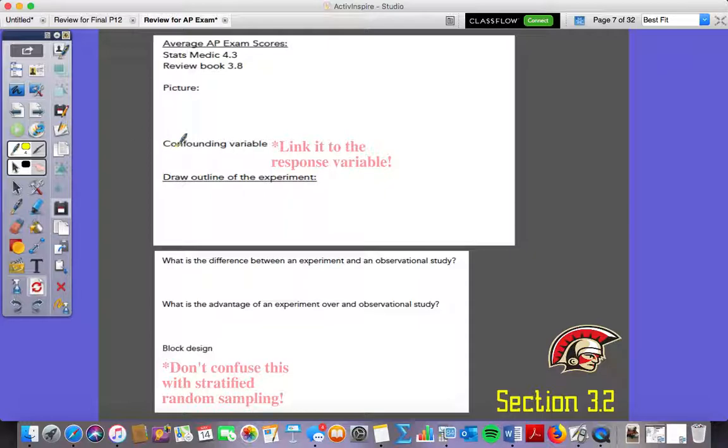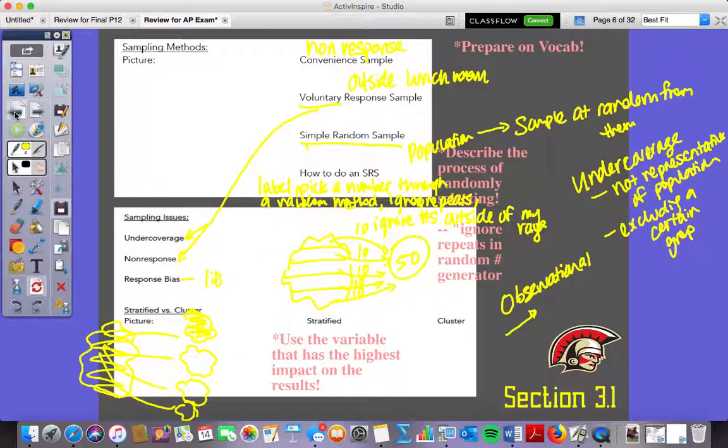Confounding variable. One thing, too, I forgot about this: when I do this from the stratified, make sure that these 10 that are selected are mini SRSs. So it's like I'm doing a simple random sample. SRS. Yes. This is not as convenient, but this is probably a better representation more than likely. This is a lot more convenient, and if done right, it's still good representation. So when we say,